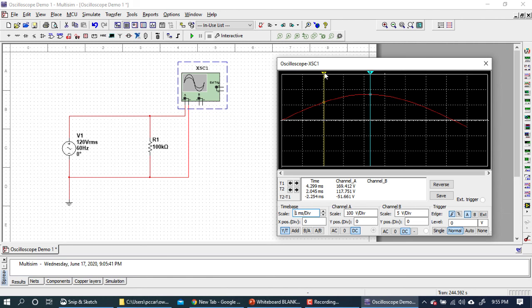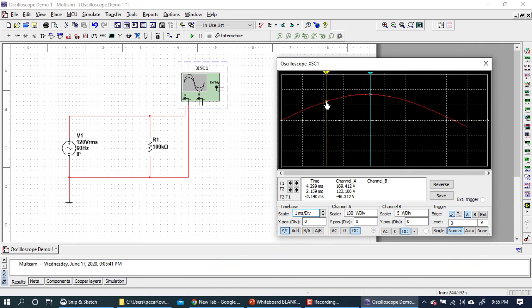So this is a little low. So somewhere in there would be about halfway. In other words, I'm trying to get the yellow cursor halfway between 0 over here on the left and the blue cursor. And right now I'm just eyeballing it. It could be a little low too,